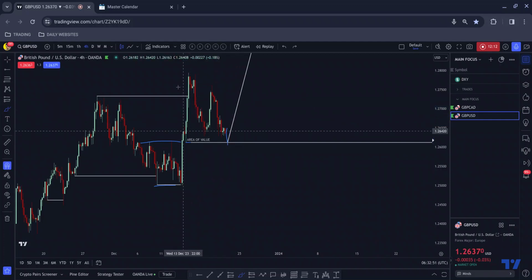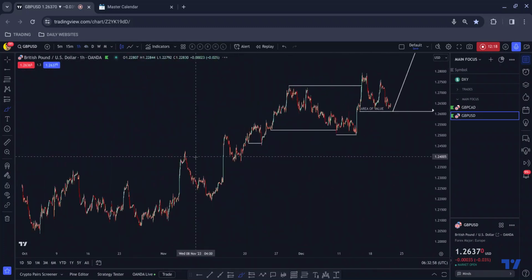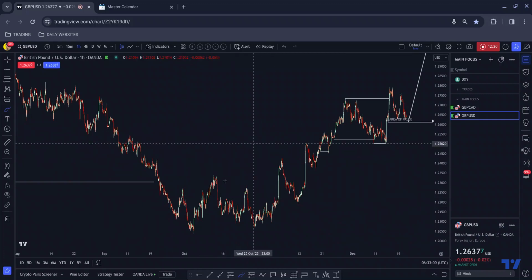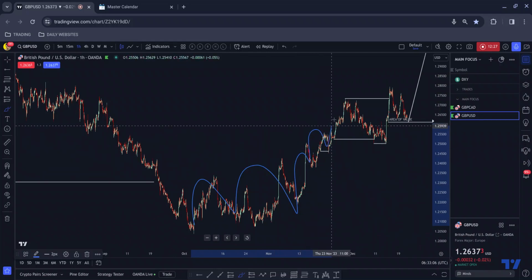I won't be looking, just to touch on it, for a risk entry from the bottom of structure, just because of the sequence. If you look at how this is not a typical sequence, price has been moving in that kind of swinging nature. So we could quite easily get the same thing again.